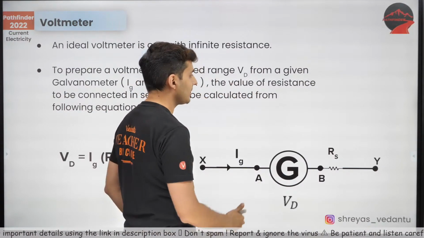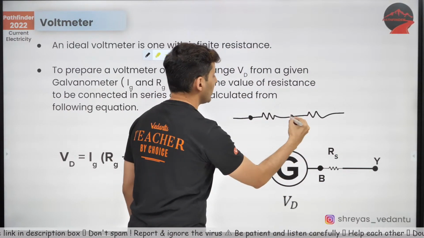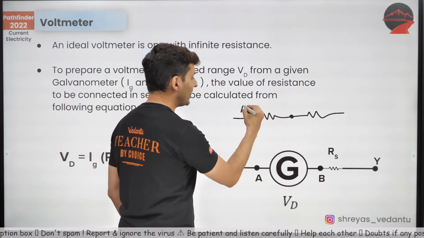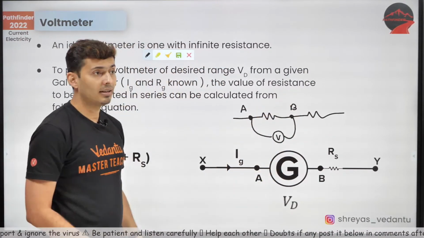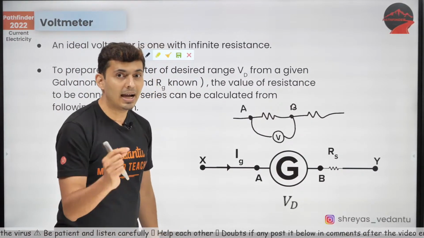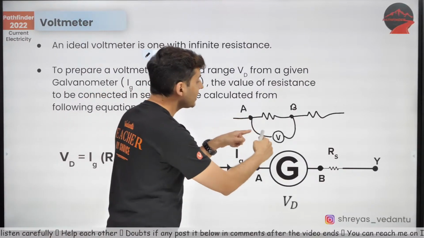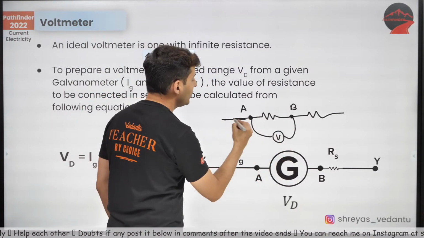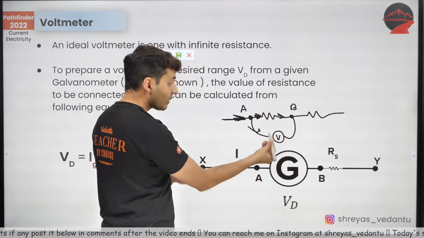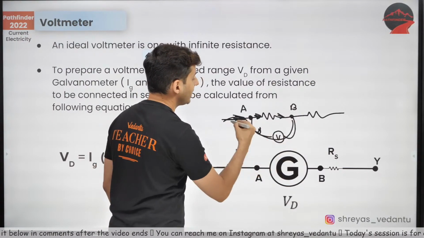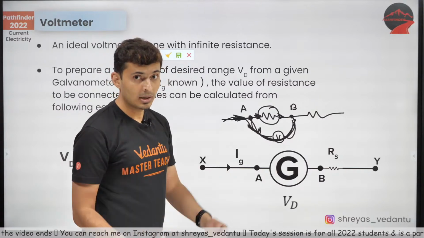But still, quickly revising. Whenever you have a lot of devices and you want to measure the voltage across two points, you connect a voltmeter in parallel. Voltmeters are always connected in parallel. An ammeter is connected in series. Keep this in mind. Now, when you connect a voltmeter in parallel, you obviously do not want the current flowing through this circuit to pass through here, because if it does, then all the current will flow through the voltmeter and this device will stop working.